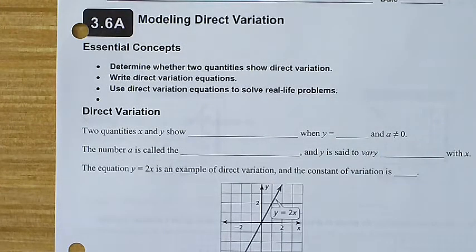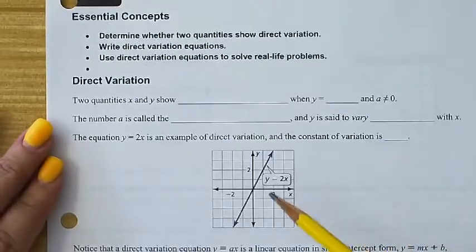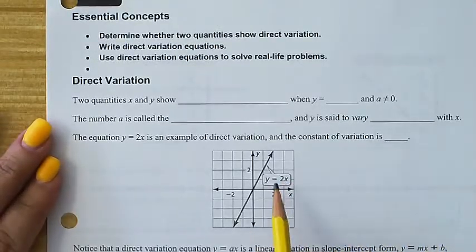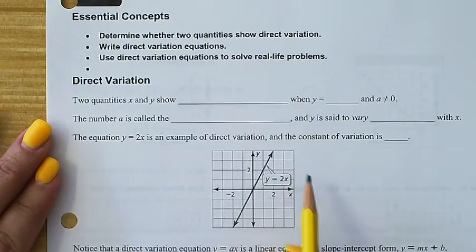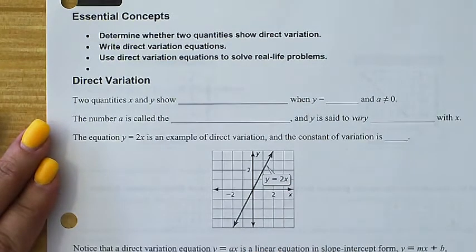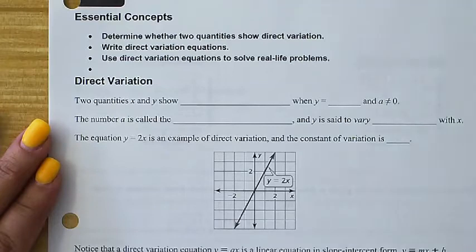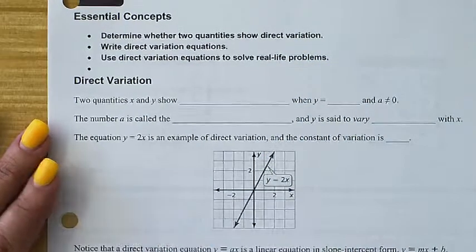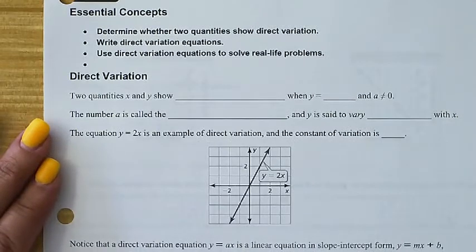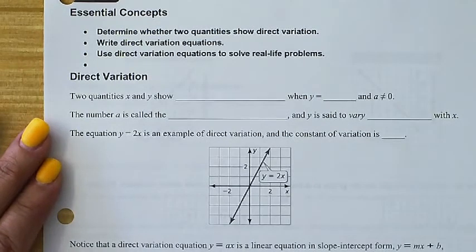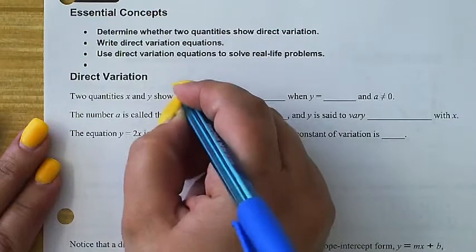So it's still a linear equation. You're going to notice everything that we have here still graphs as a straight line. And if we solve for y, it still can be in that y equals mx plus b kind of scenario. Okay. The big part of it, though, is that the y-intercept is 0. So let's define all of this first, and when we look at the equation, you're going to see what I mean. So it says two quantities x and y are said to show direct variation